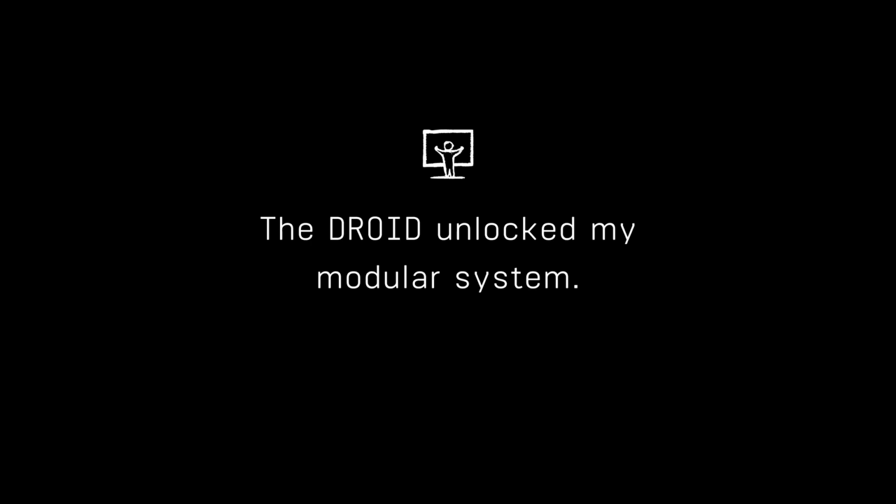The fun thing is, many years ago you used a computer to sequence your modular. Now you use a modular to sequence your computer. And why not? I was trying out a different sequencer. Exactly, the Droid unlocks a system. Finally you have a way to control all your stuff. It's like talking to your modular, finally.